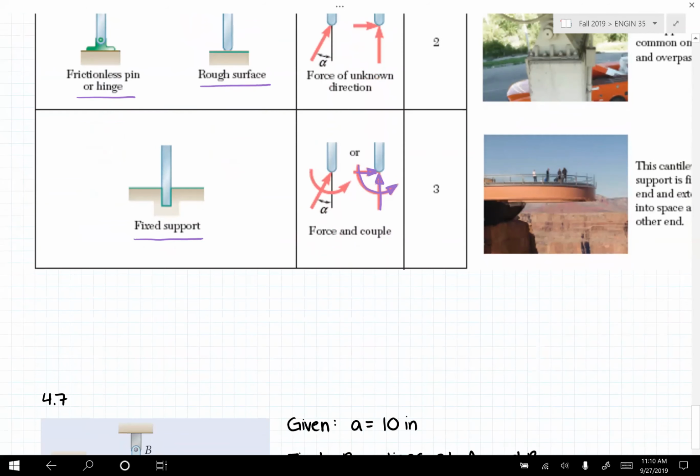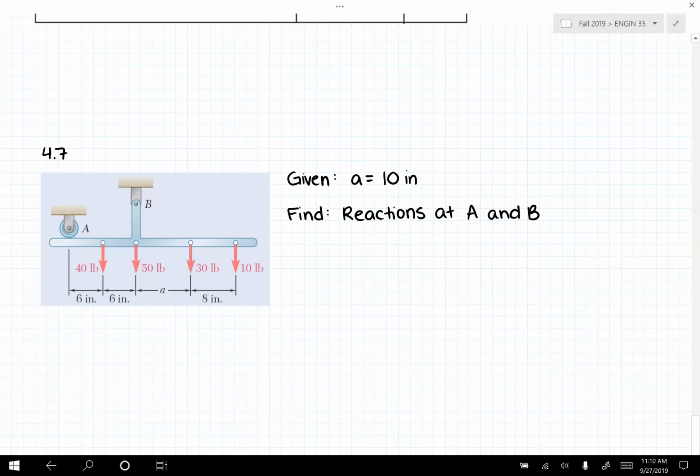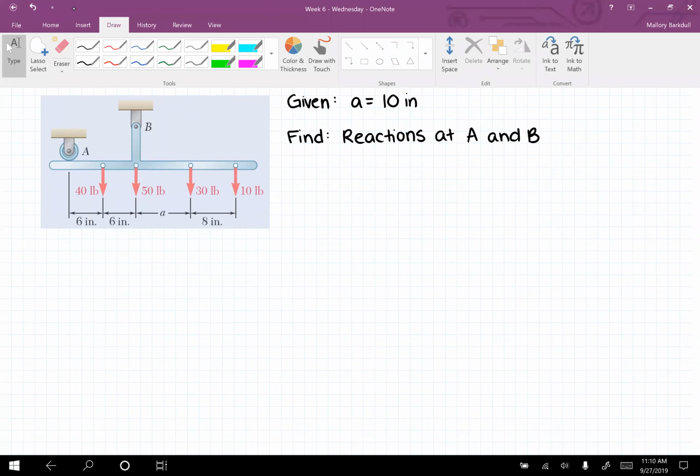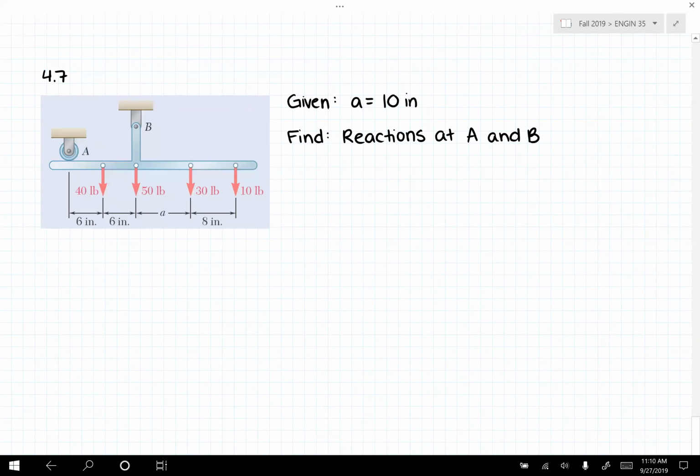Let's go through this with an example. This example is number 4.7 in the book, and we'll go through this 2D equilibrium problem using the methods that we will use for all of our equilibrium problems. This problem gives us that A is equal to 10 inches, so this is equal to 10 inches here. We're asked to find the reactions at A and B,